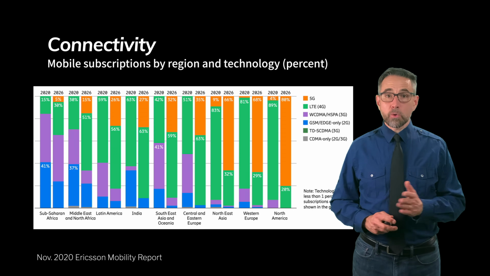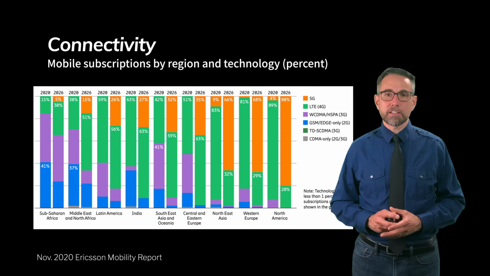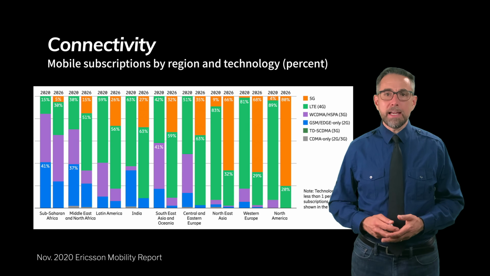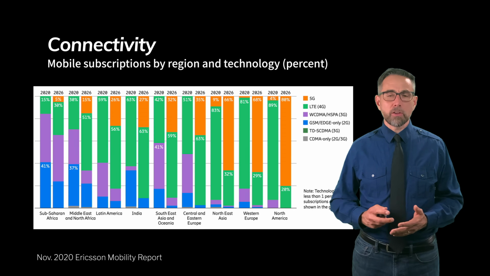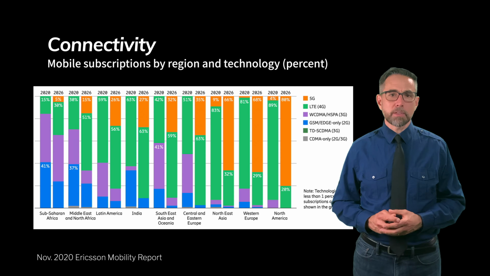The graph is sorted in such a way that the bars on the far right are those countries that are going to have the highest 5G adoption over the next few years. You can see that this highly correlates with wealthy countries, the countries where the investment in the infrastructure needed in order to deploy 5G is likely to be made, right? So North America is going to have a very large increase in the number of 5G subscriptions, far outpacing the number of subscriptions in sub-Saharan Africa.